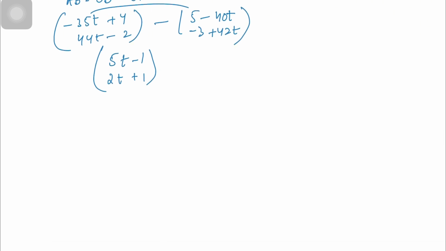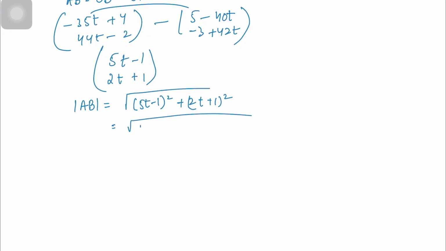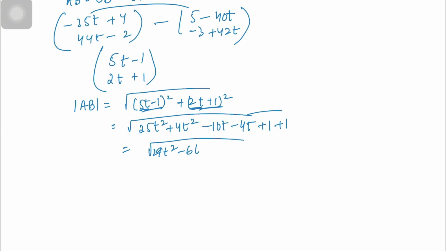Now we need the displacement vector. So for displacement we need to calculate the magnitude. The magnitude will be calculated by (5t − 1) whole squared plus (2t + 1) whole squared. So this would give us our answer as 25t squared plus 4t squared with this, and then we have our negative 10t here, and then here we have positive 4t, then positive 1 and positive 1 again. So we get our answer as 29t squared minus 6t plus 2,